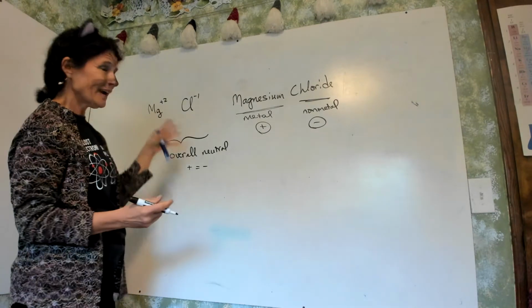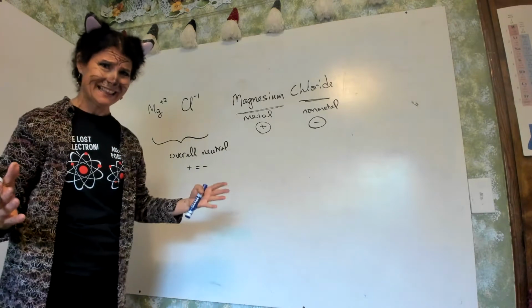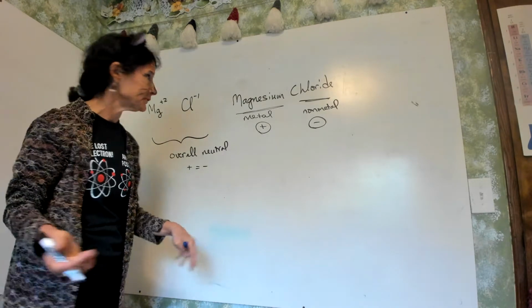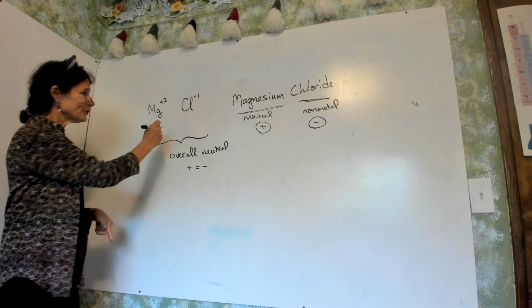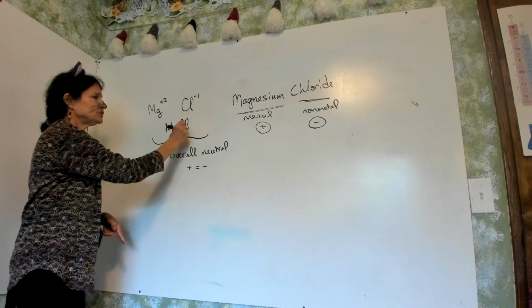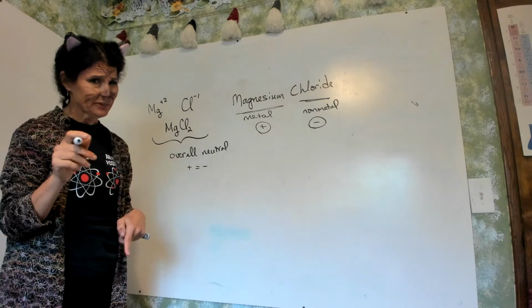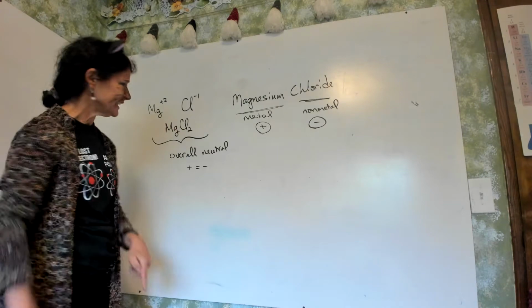So magnesium can't just be a +1. That would move it to sodium, which is even more miserable. So we need 2 chlorines. So the final compound is MgCl2. I write my Cl with the l in lowercase cursive. You don't want to write a capital. That would be incorrect notation.